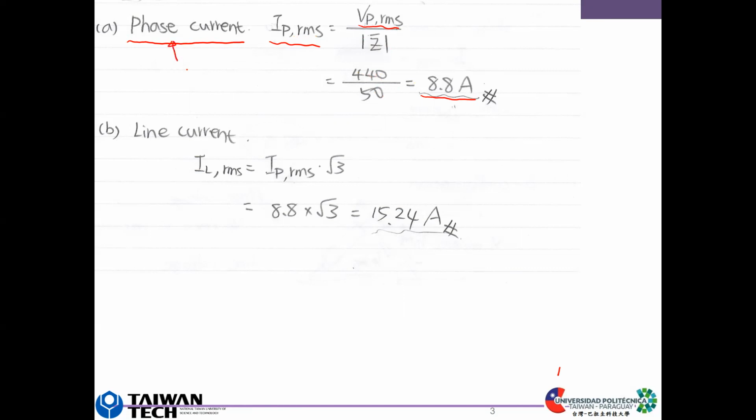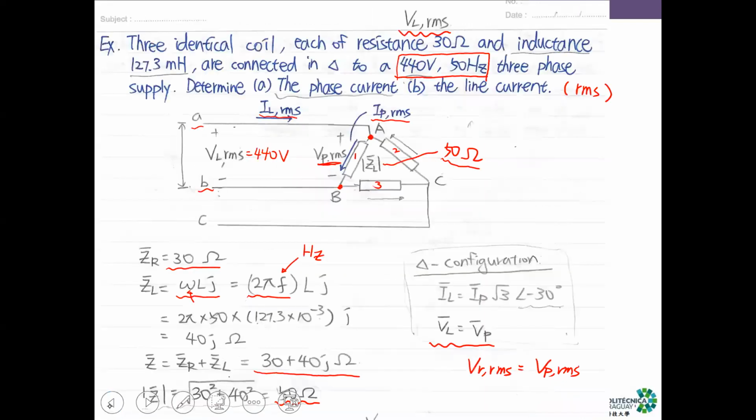So this is the current that flows through the load. Okay, and then the second problem is it asks you to calculate the line current, which is the current flowing